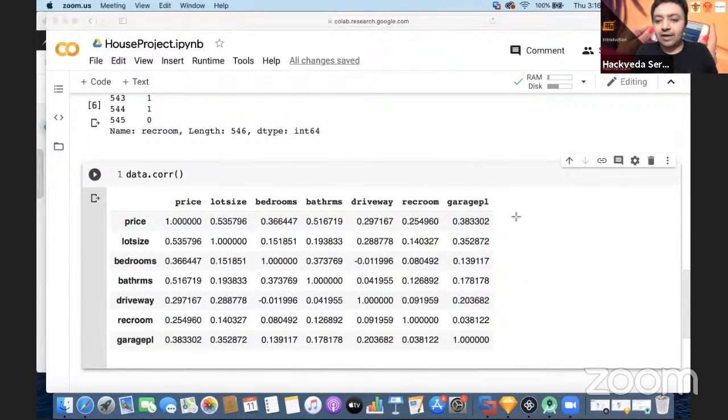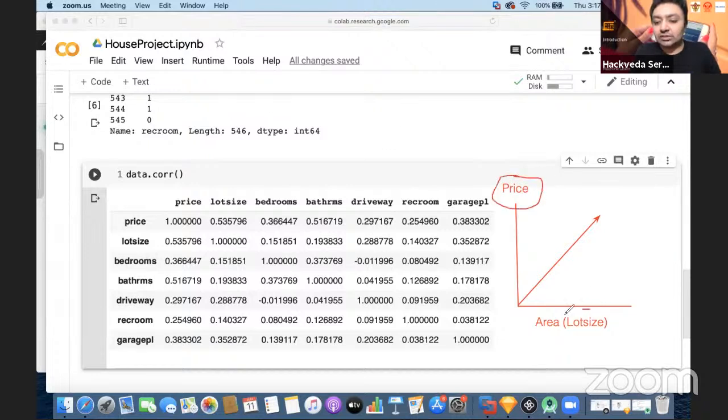So suppose I have got a graph somewhat like this. At the very bottom there is the area of the house, which you can also call the lot size of the house, and on the y-axis we have the price. Now suppose we are increasing the area of the house. As soon as we increase the area, it could be possible that the price of the house will also increase. So this is a relationship between